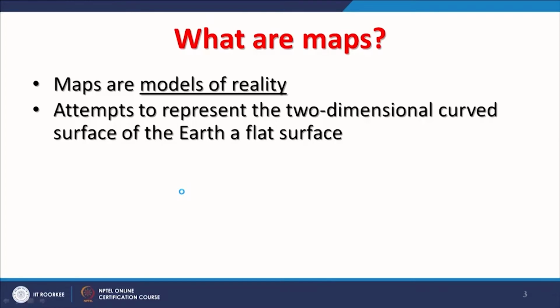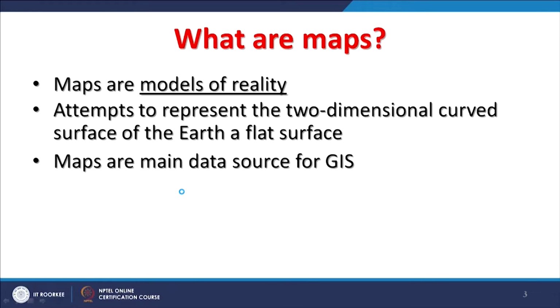So, reduction of scale is generally required to map, because the real earth is at a 1:1 scale and is a spheroid, 3D body, whereas maps are 2D. You know that maps are models of reality. When creating maps, we try to represent the 3-dimensional curved surface of